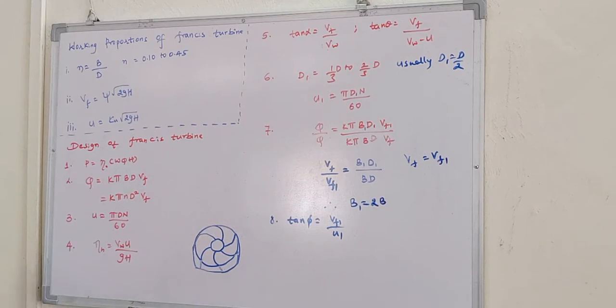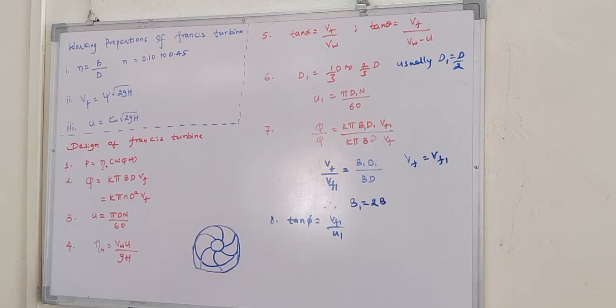The Francis turbine is a reaction turbine. There are several classifications, as you already know. For example, classification with respect to the action of water: there are two types, impulse and reaction. The Francis turbine lies in the reaction turbine category. Then, with respect to the direction in which the water enters, it is inward radial flow. The Kaplan turbine was axial flow, and the Pelton turbine was tangential flow, but this one is inward radial flow.